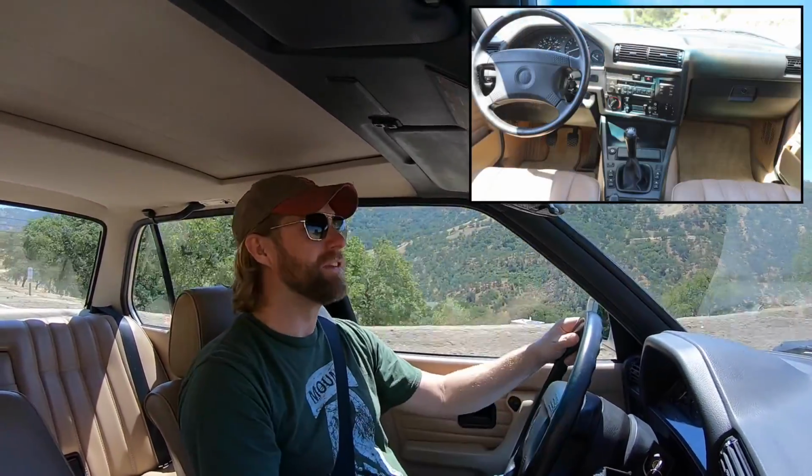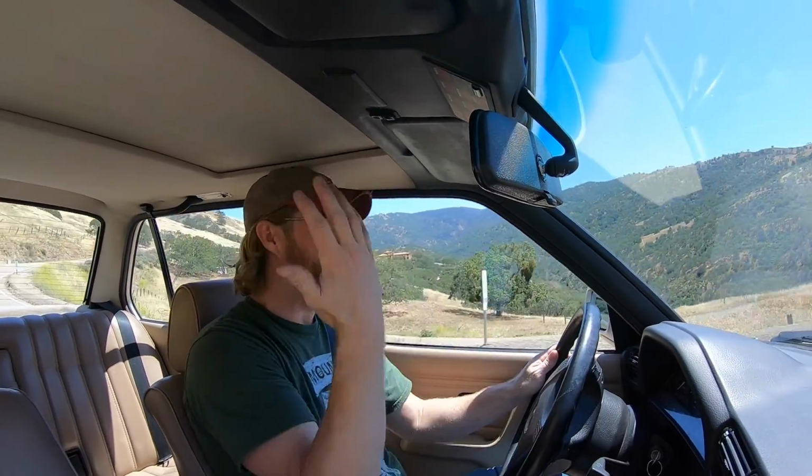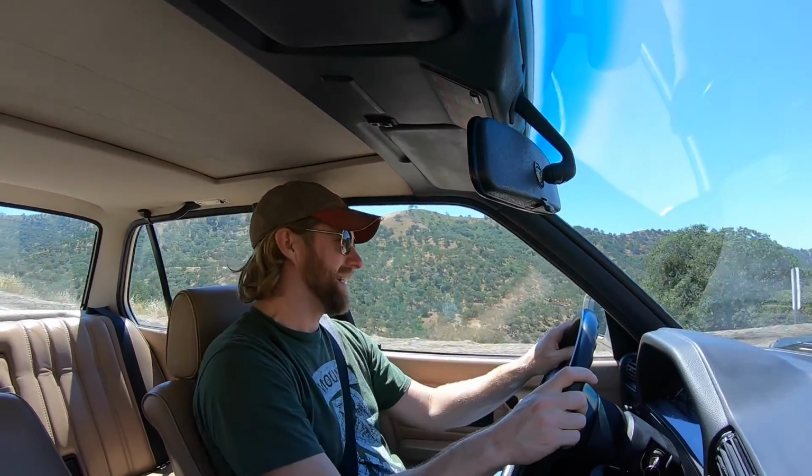The interior is great. I think the quality of the interior on the E30s versus the following E36s was of a higher grade. Also, the greenhouse is phenomenal, much in 80s and 90s fashion. You can see out of this car. There are no blind spots. The pillars are all relatively thin, crash test ratings, whatever. I can see where I'm going. I can prevent some crashes, right? But anyway,